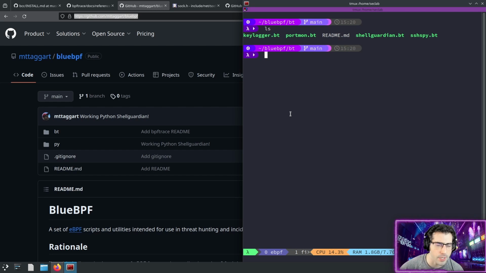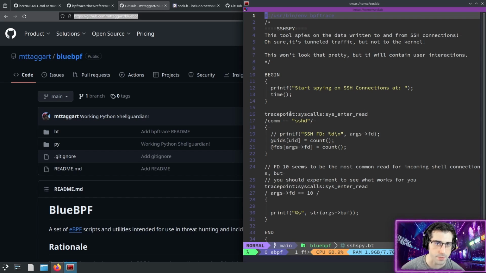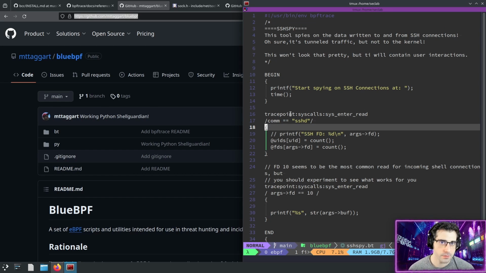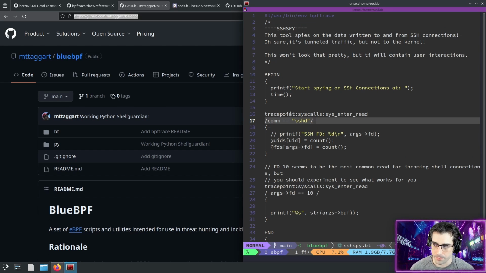Now you might think, okay, well, SSH is encrypted. How is it doing that? Yes, it is, but let's take a look at what SSHSpy does so that it can reveal all. At some point, the SSHD program has to read from a file descriptor in order to get the contents that have been submitted, and that is what we are hooking. The idea here is that if we're defending and we're on this system and we're root, we're going to use our home field advantage as much as possible,